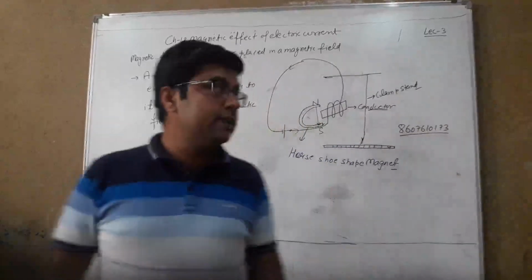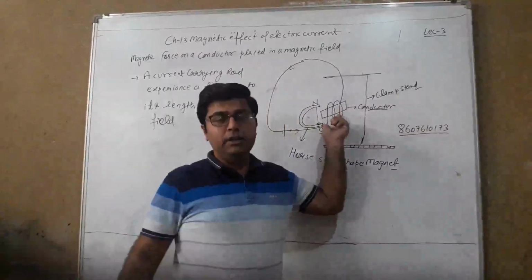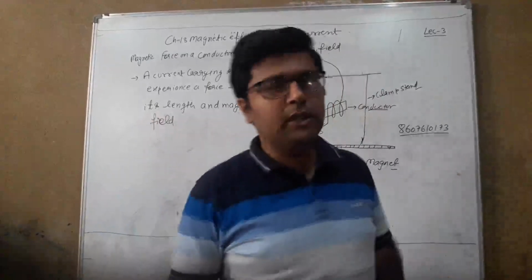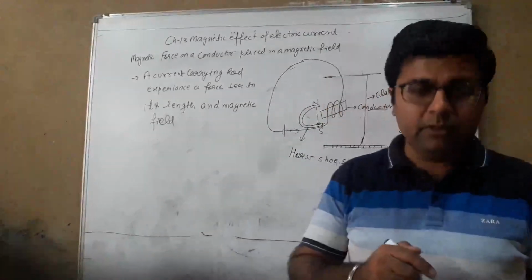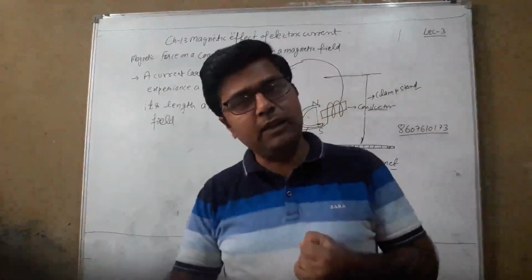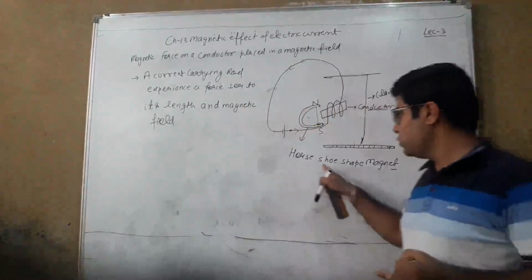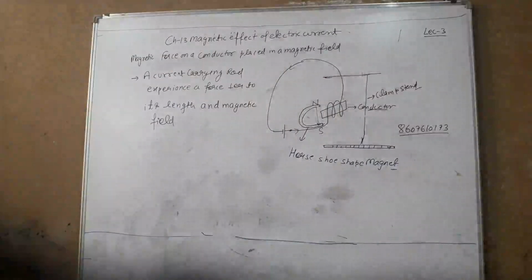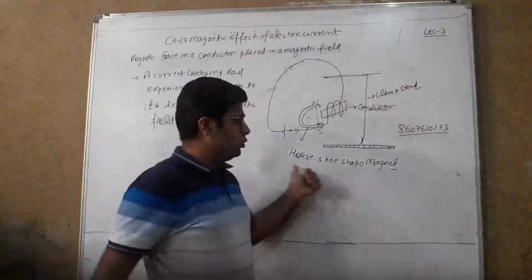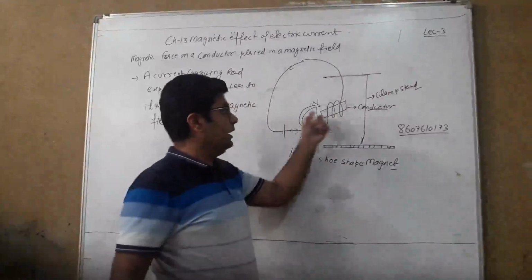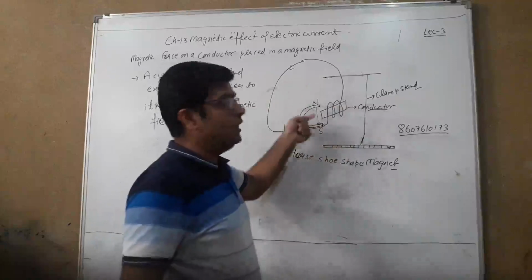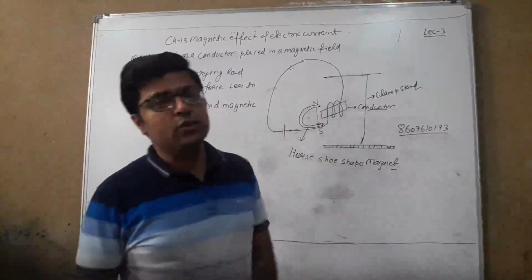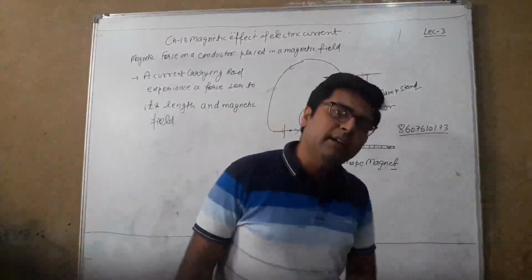So due to this current it will develop a magnetic field. Initially, in very simple language, we can say that here we have two types of magnetic field. First, because of that wire having current, and second, because of this horseshoe shaped magnet. This is our horseshoe shaped magnet, and this is our conductor which is helically wound with the wire, now behaving as a magnet. So now we have two magnets, and so either they repel or they attract each other.